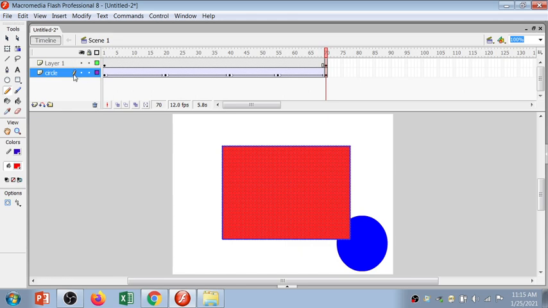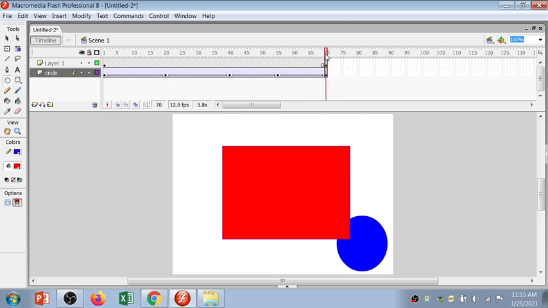Where the pencil is shown, that means that currently you are working with the circle layer and your pointer is there, right? Suppose you select the circle shape also, but still the pencil icon shows, because it shows that currently you are working with the circle layer, right? From the timeline panel you have to search for it.